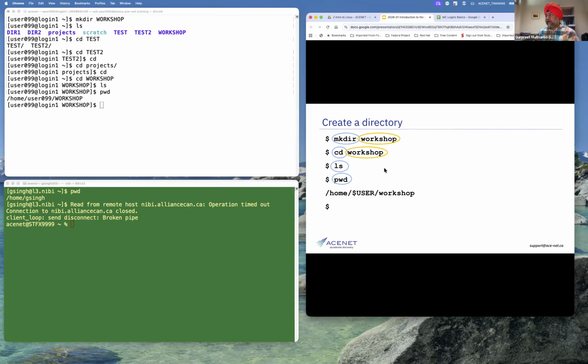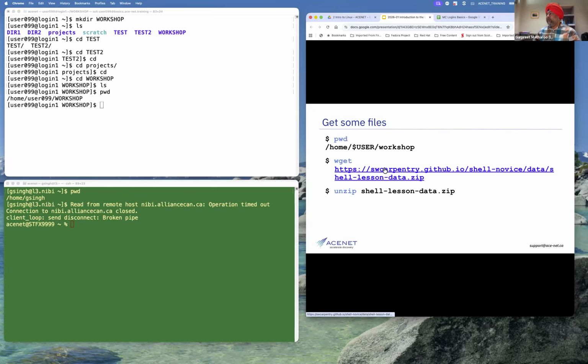So we created a directory, changed the directory, listed the contents, and then used pwd, which happens to be the print working directory. So within that, how can we download some files over there? If now there is no browser here, right? So usually we go to Chrome or whatever, and then there is a download link which we click, and then we save it. But look at what's happening here.